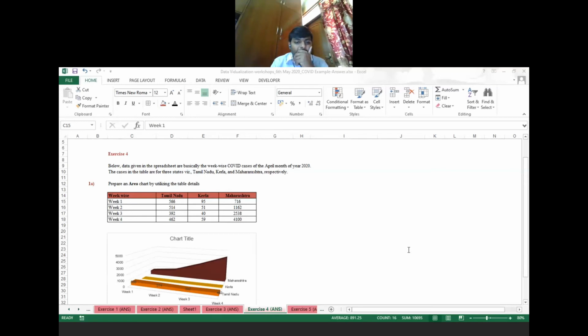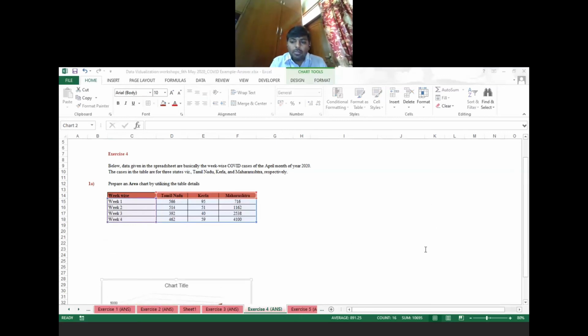Please go to the next sheet, exercise 4. In exercise 4, for making an area chart, simply select the data.